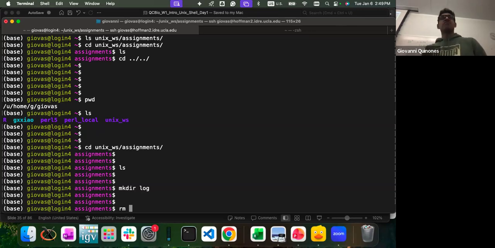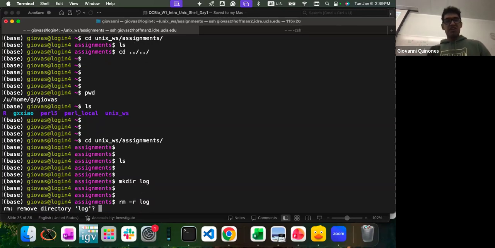If you want to remove files, you just type rm and that will remove it for you. If you want to remove a directory, you need to type rm -r. That will remove the directory. So I'm going to remove log. Now, in my case, it asks me if I actually want to remove, but for you guys, it probably just removes it without warning, correct? Yeah.